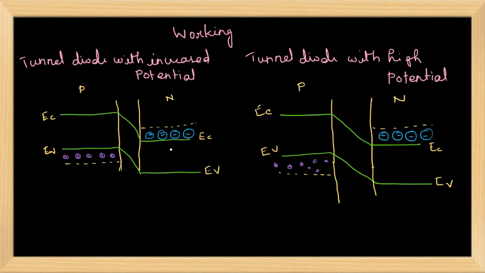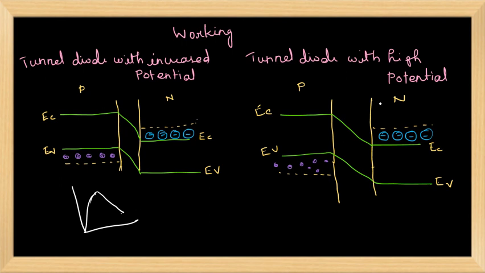When we increase the voltage further, there will be misalignment of conduction band in the n side and the valence band in the p side. This causes small current to flow. So the tunnel current starts decreasing. If you see the VI characteristics, after the increased potential, it will start to decrease. At this stage, the tunnel diode exhibits negative resistance characteristics.